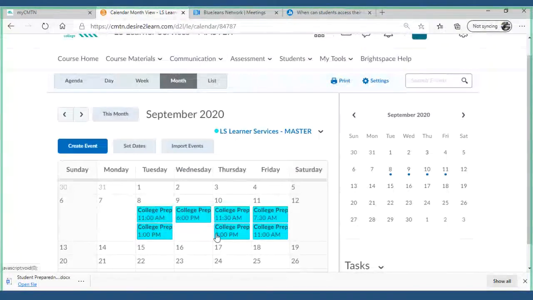And this is really great because with time management, it's really nice to just click on a button online and see everything that's coming up, and it helps you to manage your time. You can also create events like a dentist appointment or other things that you want to know are coming up as well. So this is a great little feature that's going to help you throughout your class time to figure out your schedule. So if I go back to course home,